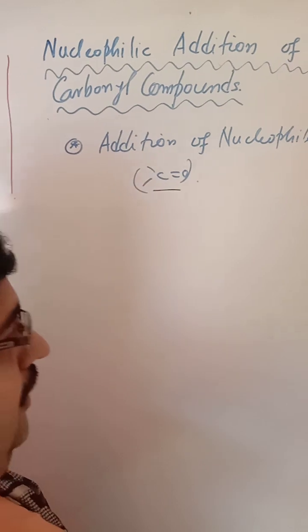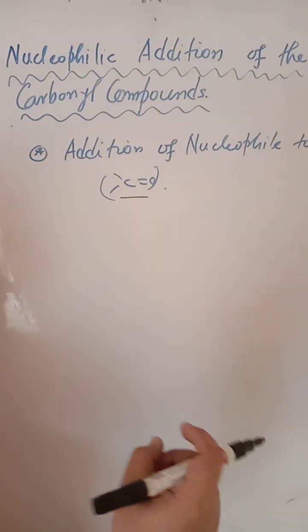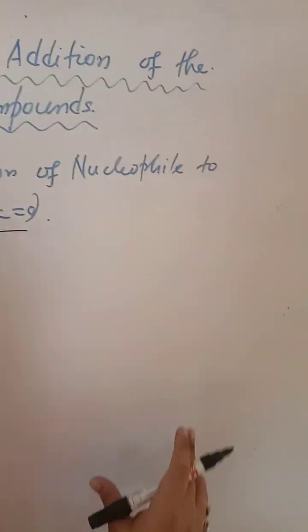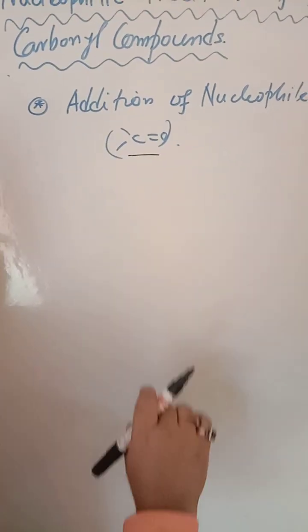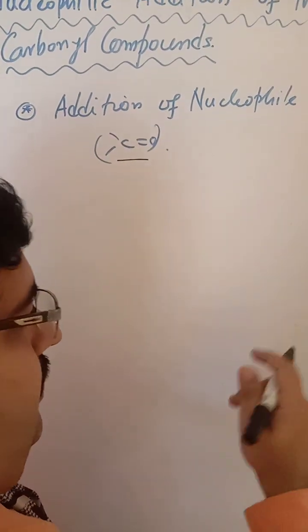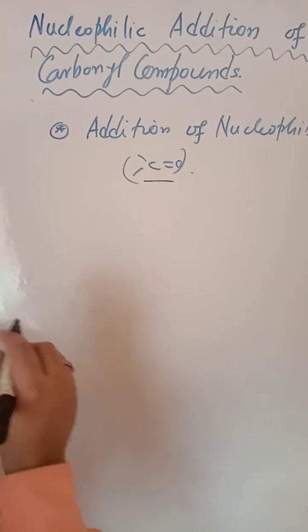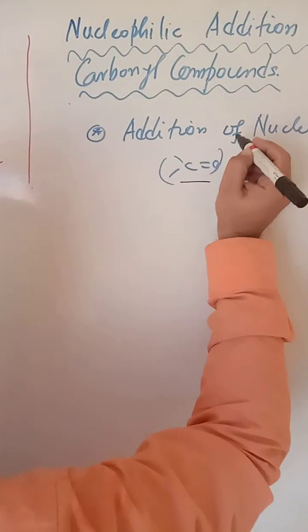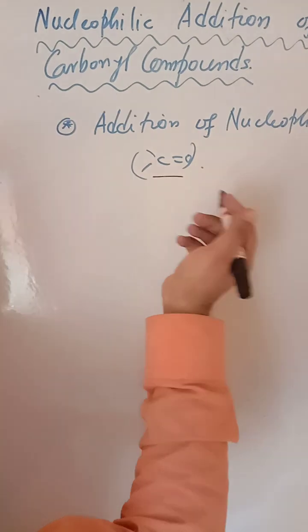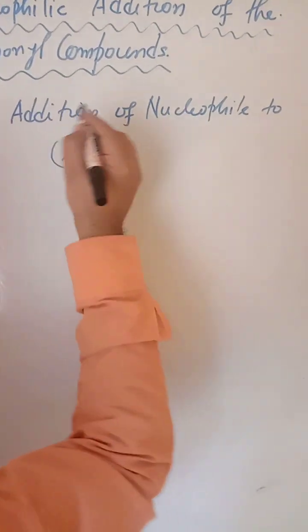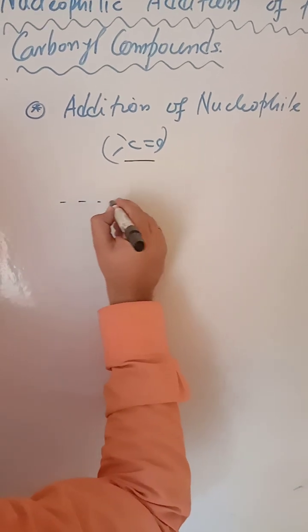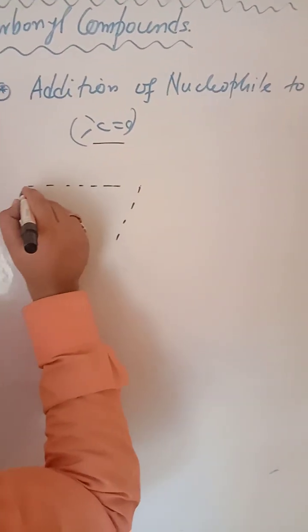And what are nucleophiles? Nucleophiles are those species which are negatively charged or which may have excess or ample amount of electrons to react with those having positive species or positive charges. So nucleophiles have a tendency to react with the positive species or positively charged substances. Whatever, we try to understand